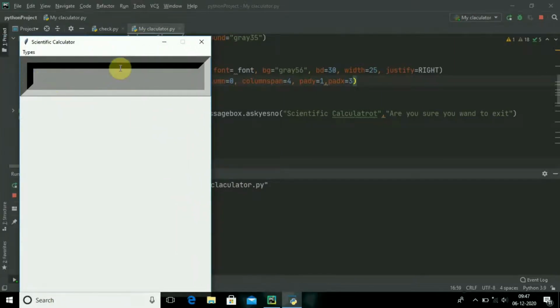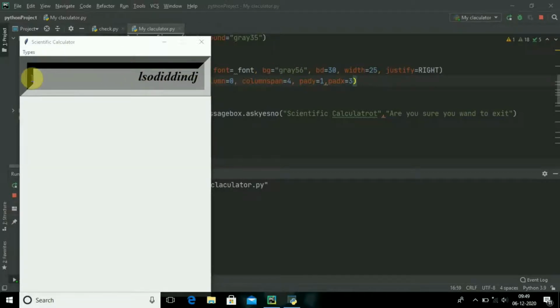Here, this is an entry, whatever I will type. But suppose I will be typing from this, you can see it appears from the right side because we have given the gesture as right. And the width 25, this will be our the width 30, it means from here it is giving the inside one is equal to 30. The BD here 30 means the border around the calculator, we can see the border around it is 30, and the color is gray 56.